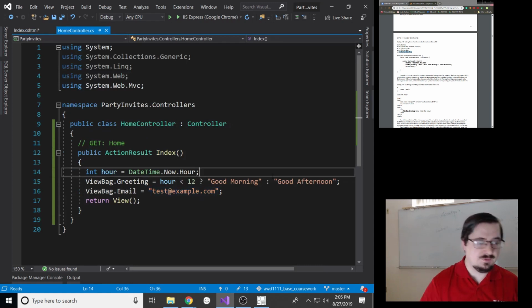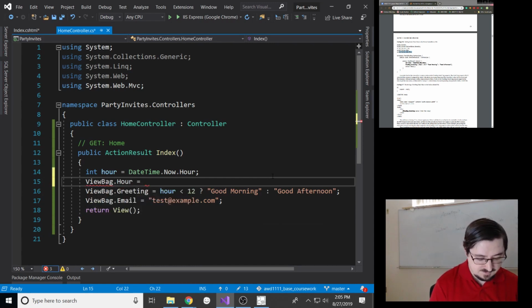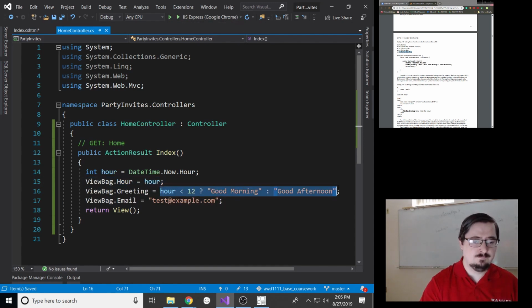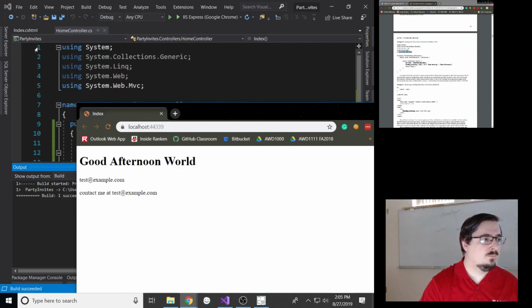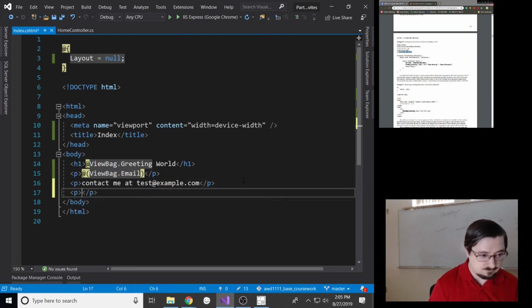Let's say I want to put the hour in here too. So ViewBag.Hour is equal to... So I'm going to put ViewBag.Hour and go ahead and pass that down, right? Okay. Let's say in here, I'm going to put a ternary. I'm going to say if this is greater than 12,